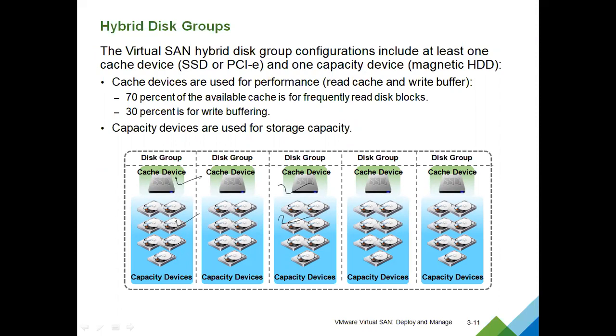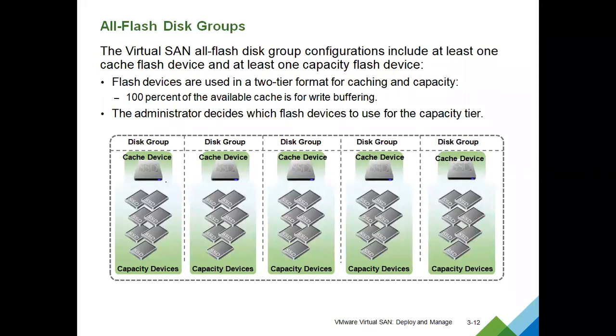From a disk size perspective, there is no limitation. You can choose any size of disk, but we should always keep a ratio between cache and capacity. Cache should be at least 10%. If it's more than 10%, that is okay, but at least 10% cache we need, right? Cool. That's again the same example where cache is SSD,